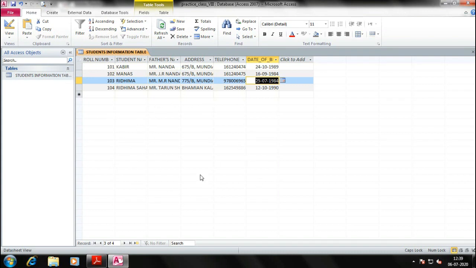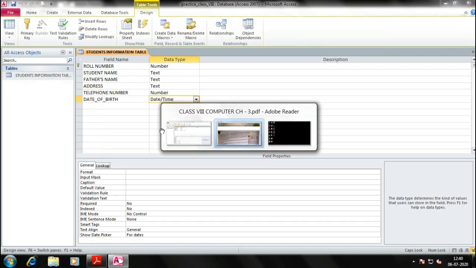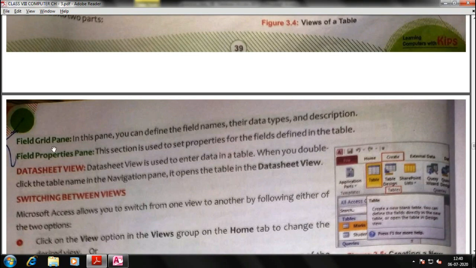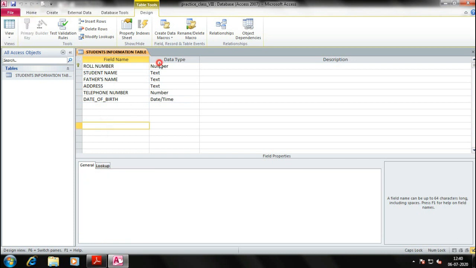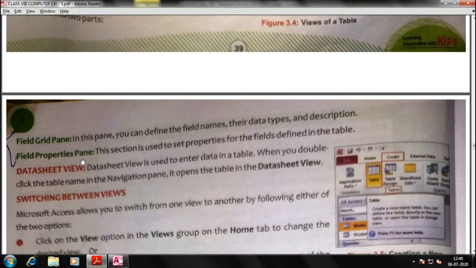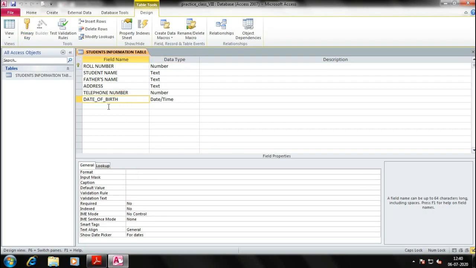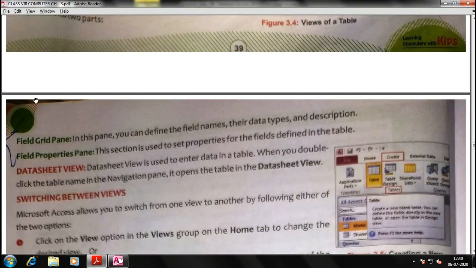This is data sheet view. Right click, go to design view. This is where we are designing it actually. Two parts are there. This is the field grid. Data type is called the field properties pane, like what kind of property this date of birth is belonging to, right? Next is data sheet view.